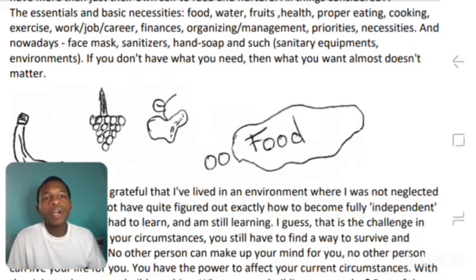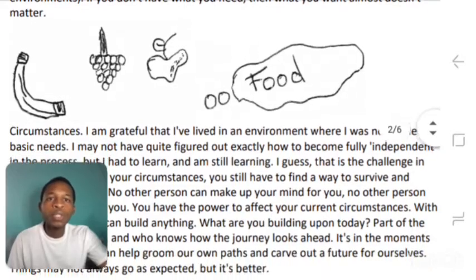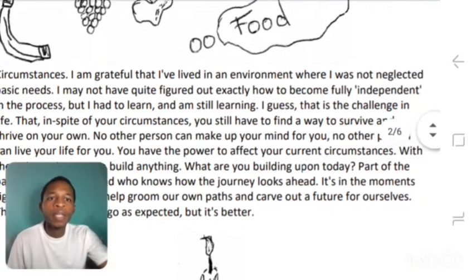If you don't have what you need, then what you want almost doesn't matter.